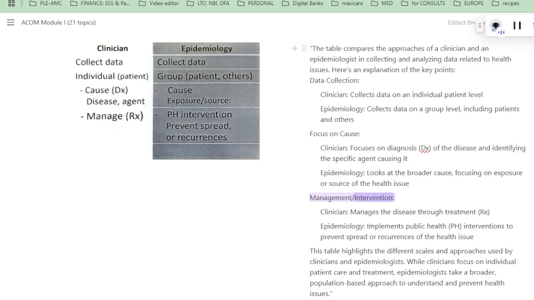Management and intervention: the clinician manages the disease through treatment. Epidemiology implements public health interventions to prevent spread or recurrences of the health issue. This table highlights the different scales and approaches used by clinicians and epidemiologists. While clinicians focus on individual patient care and treatment, epidemiologists take a broader, population-based approach to understand and prevent health